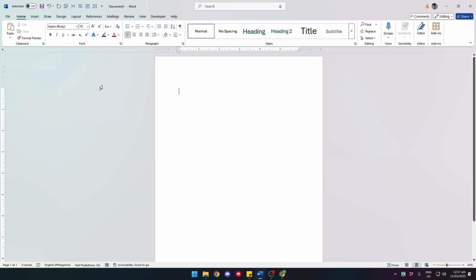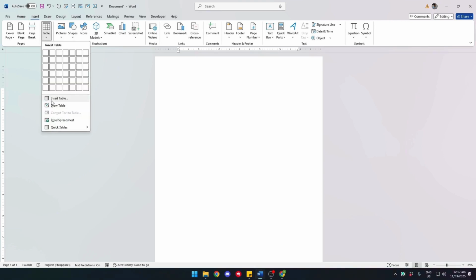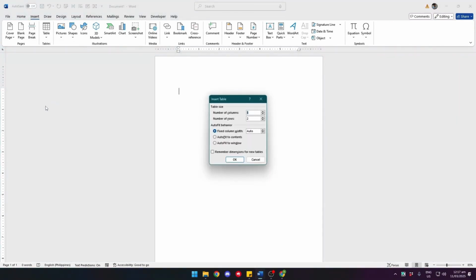Now, we can insert a table by clicking on the Insert tab, clicking on Table, and clicking on Insert Table. And here, you can adjust the number of columns, the number of rows, and you can also change the auto-fit behavior if you want to automatically fit the contents of that table, or if you want to fit your